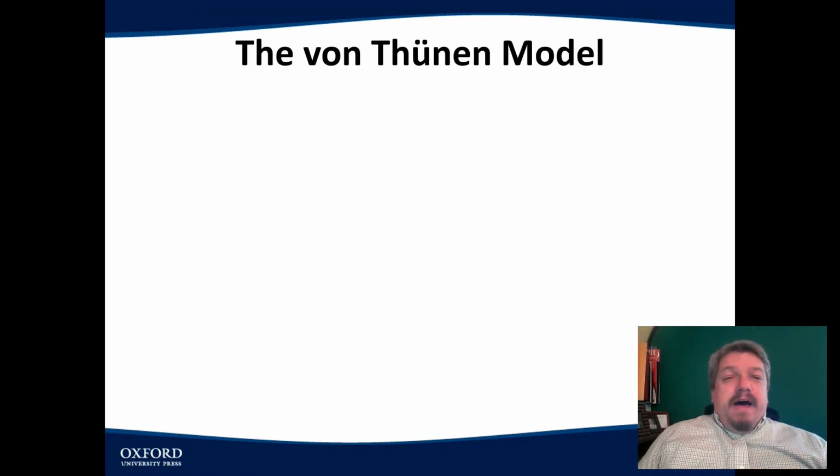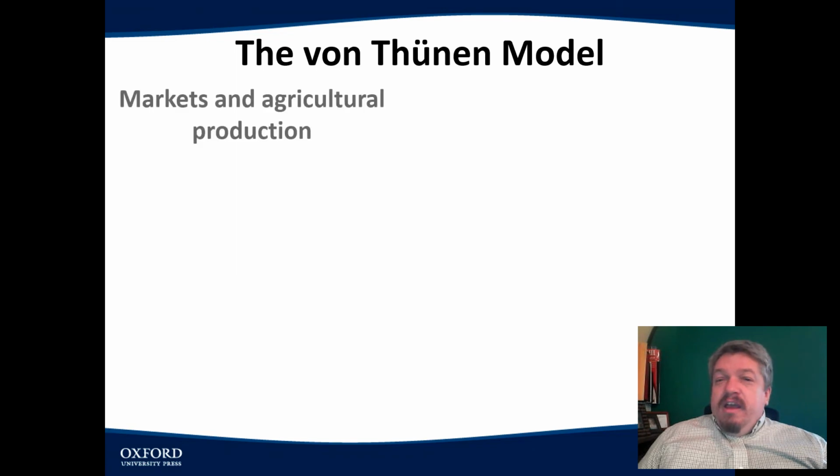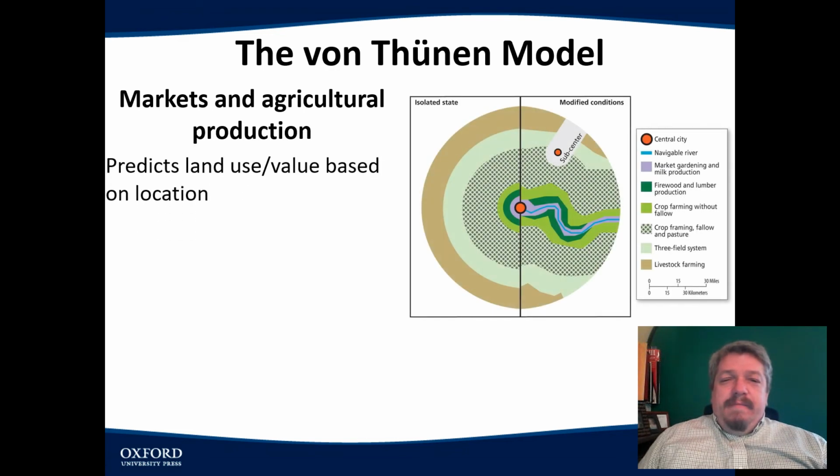The von Thunen model is this attempt to explain economic activity and land use. So von Thunen, I like saying his name, he was a German geographer. He was looking at markets and agricultural production. So not so much making cars, but looking at farming. And he wanted to make a model that said, given a city is located here, and there's a river to the city, some hypothetical city, right? What type of value and land use will this area have?